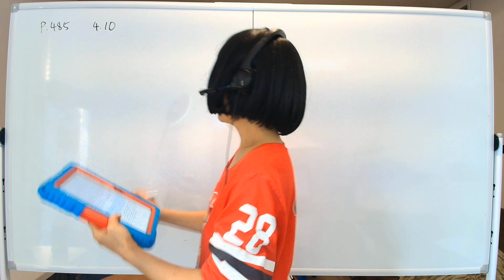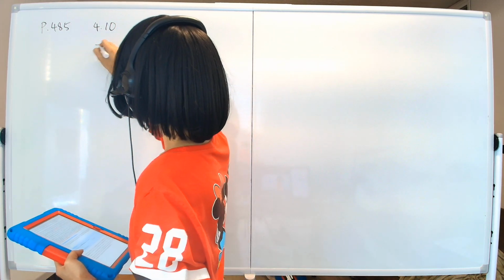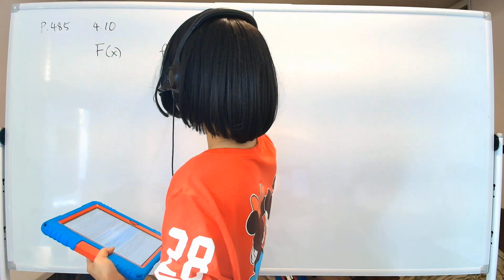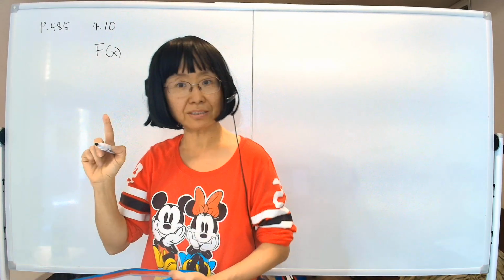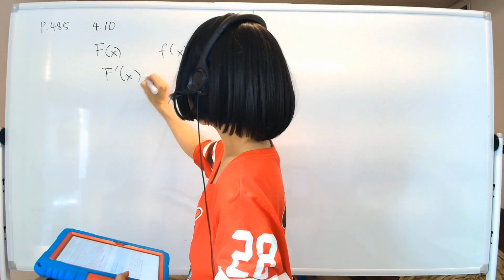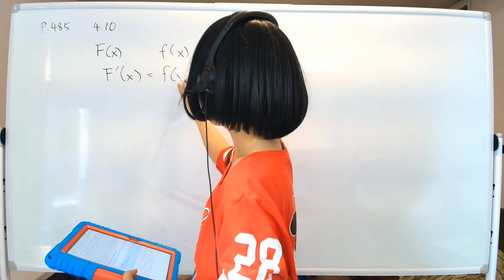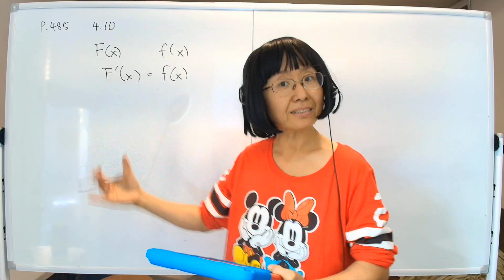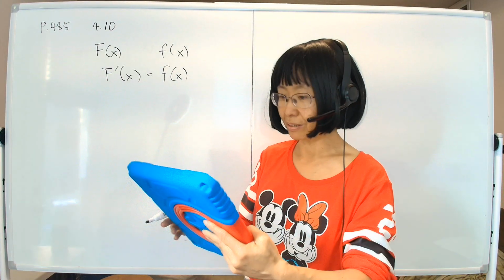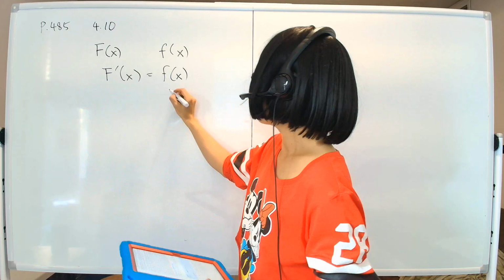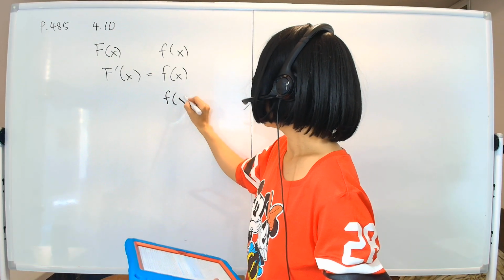That is, there's a function big F, right? And there's a function small f. If the condition is satisfied that F prime of x happens to be equal to the small f of x, then this big F is called the antiderivative of the small f. All right. As an example, of course, we can think about small f equal to